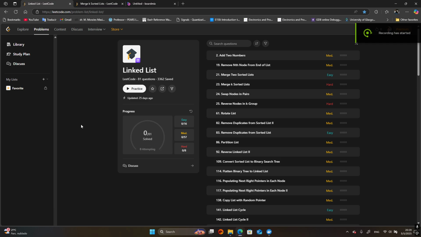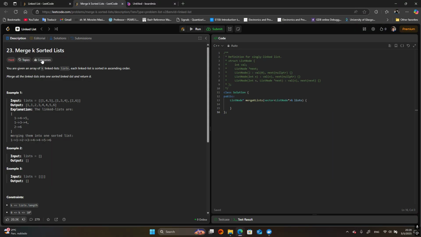Alright guys, so we're going to start with this exercise from LeetCode. Exercise 23, Merge k Sorted Lists, has a difficulty of hard. Basically, you're given an array of k linked lists, which is this variable named lists,